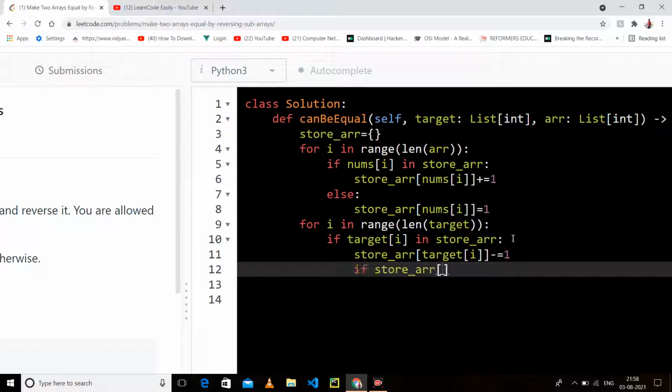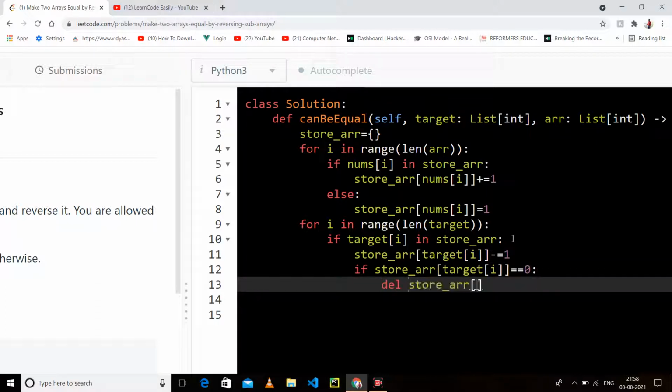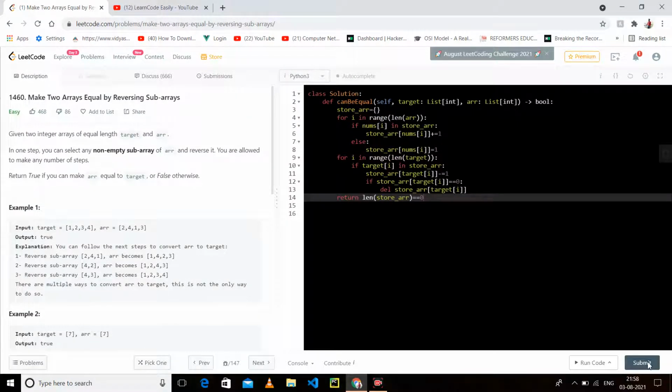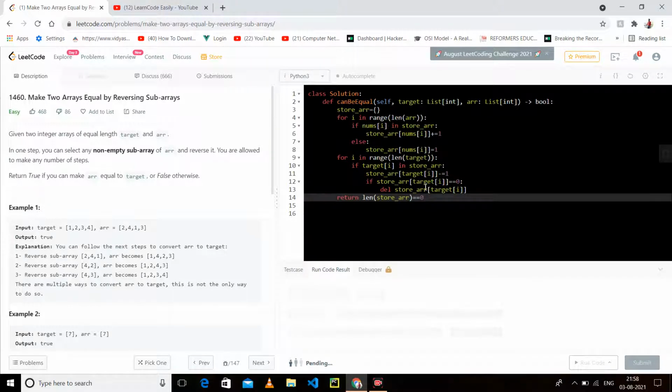If its frequency becomes 0, then we have to delete that element. Return the length of store. So that's it, I think. Let's check it.